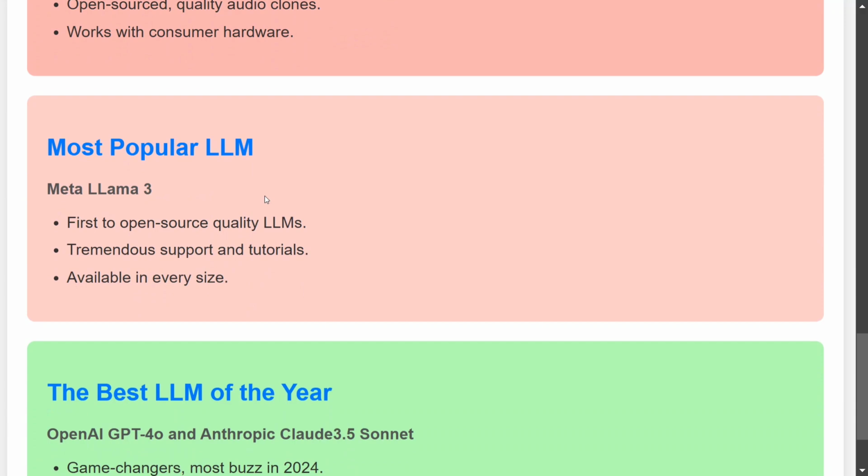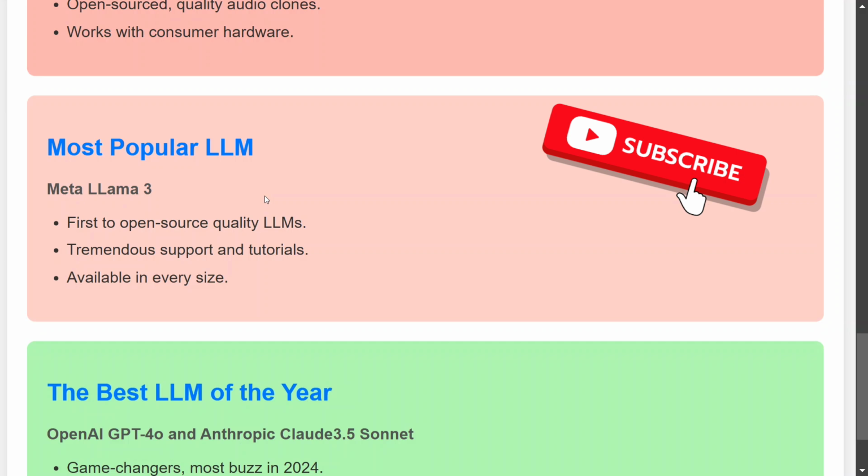Talking about the most popular LLM, I think that award should go to Meta Llama 3 because it was one of the biggest tech firms which has released open source quality LLMs. Before that, it was not the case. It has got tremendous support, I must say. The internet is filled with Llama 3.1, 3.2, 3.0 fine tuning, and how different use cases can be done using it. YouTube is full of videos, so it has great community support. Also, it comes in various sizes, so you can run it on CPU or GPU. They have the biggest model at 405 billion to a small model with 1 billion parameters as well. So this is amazingly good, and that is why the most popular LLM should go to Llama 3.